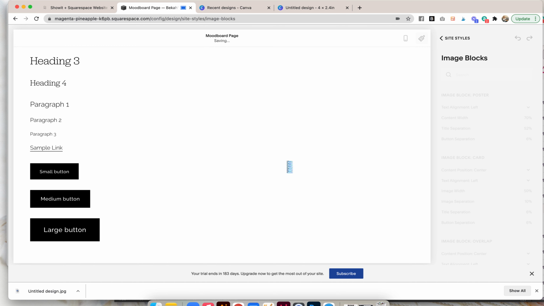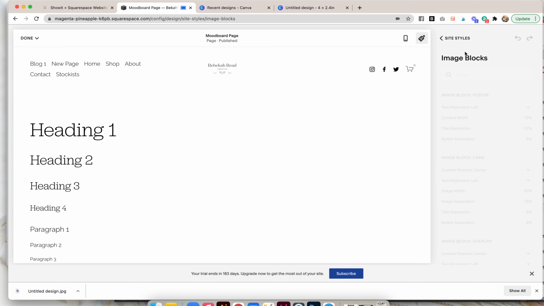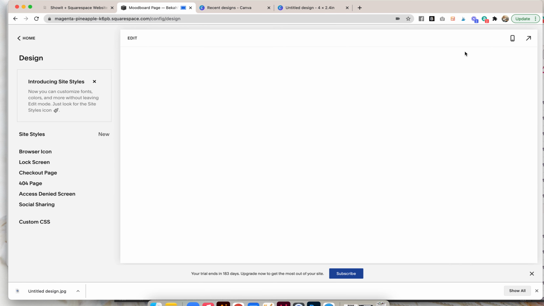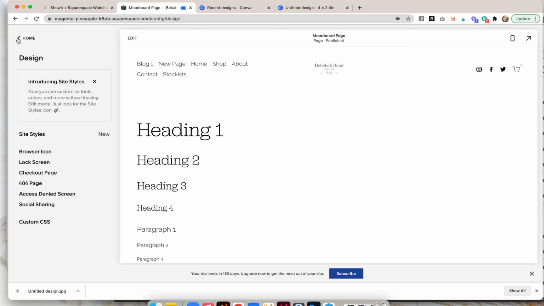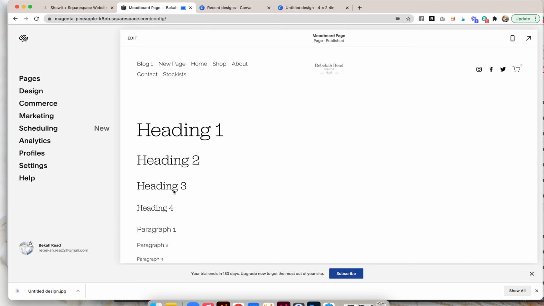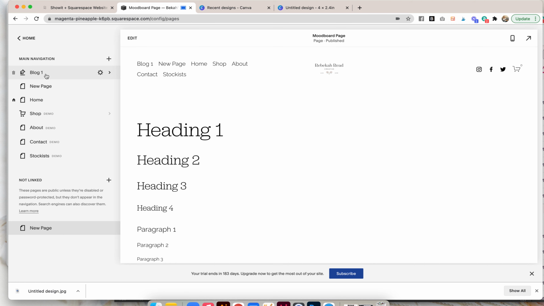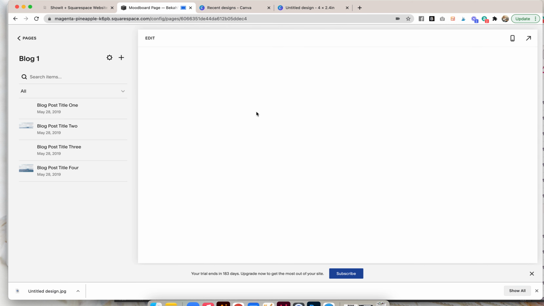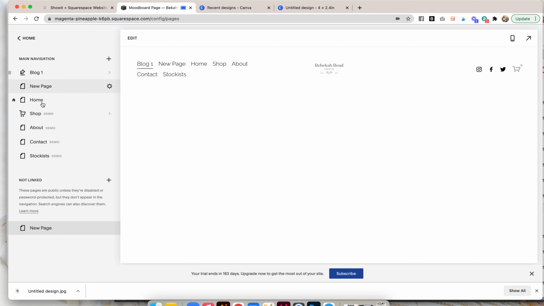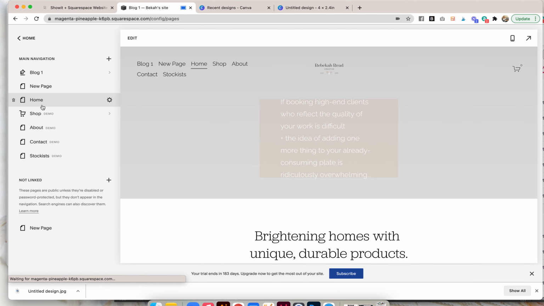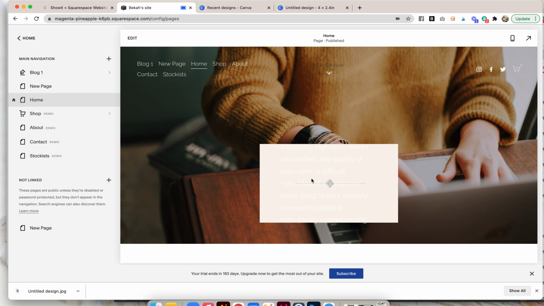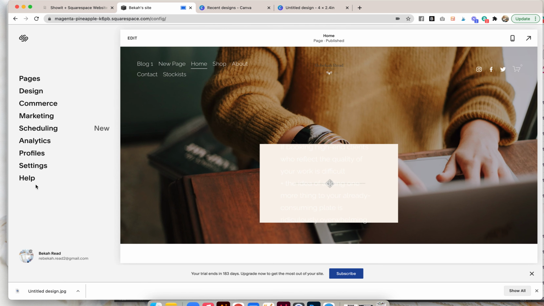So buttons will change based on what I determine the page to be. Does that make sense? Come on, Squarespace, work with me. Work at my speed. There we go. So if I were to edit this page and make it have a different theme, then it would have a different color button. Okay, so this is what I want to change. That image block there.